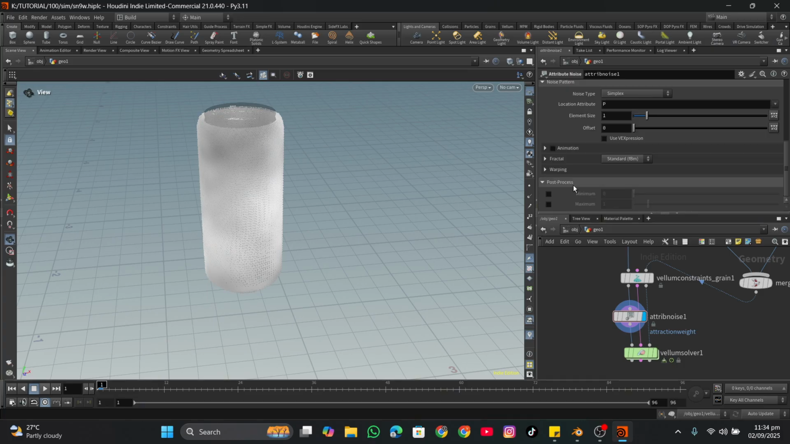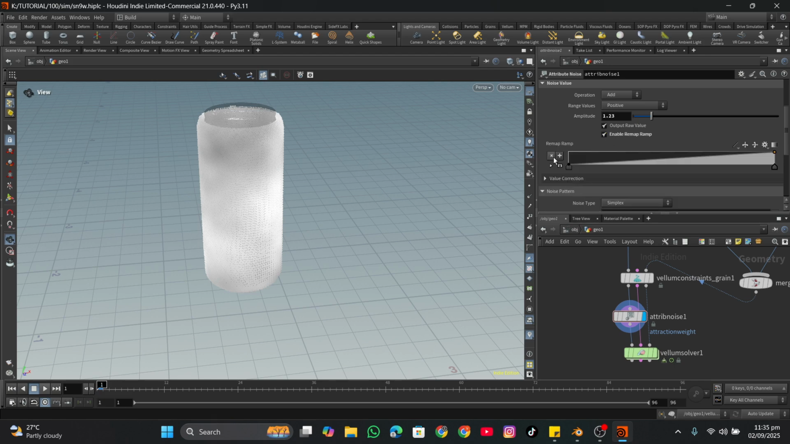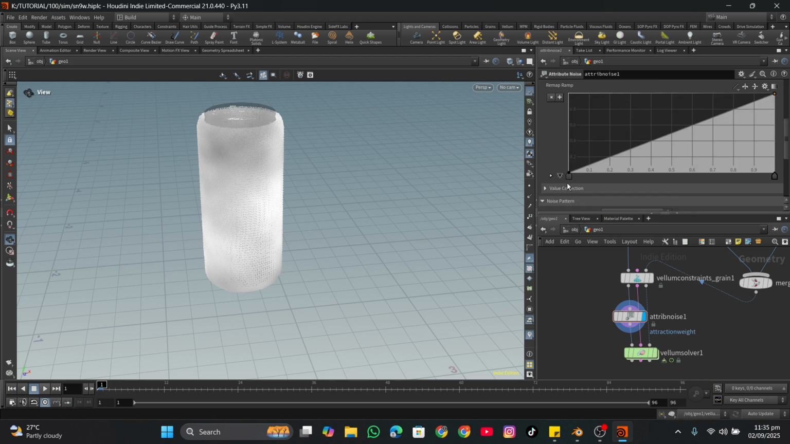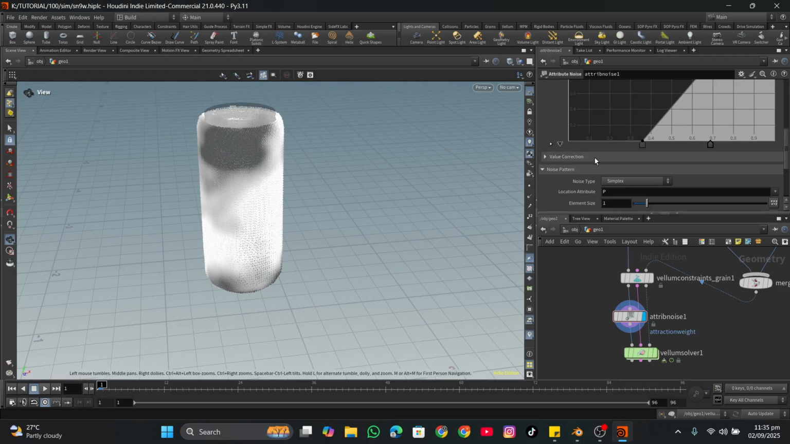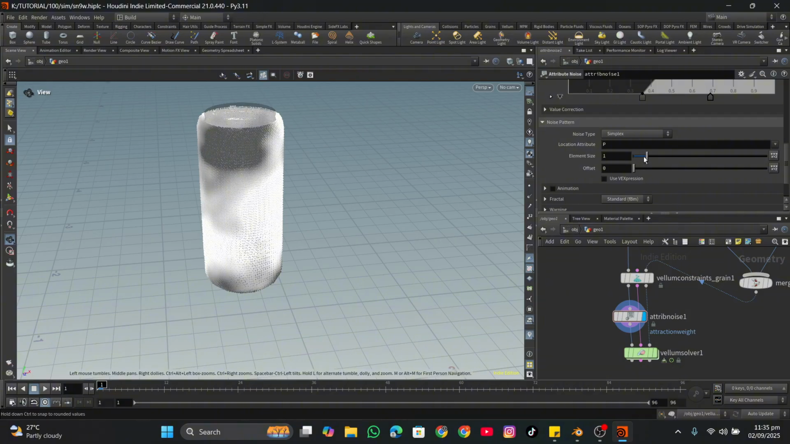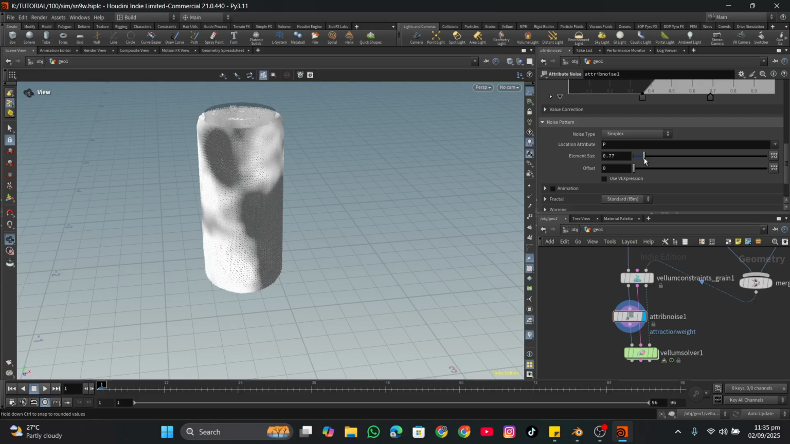First of all, in post process, I'm going to turn on the minimum and the maximum value. I'm going to set the minimum to be 0.1 because it's important. And then I'm going to increase the amplitude and also enable the ramp. I'm going to expand it like this. I'm going to push these two values closer to one another so they get extremely higher. So I'm also going to decrease the element size,